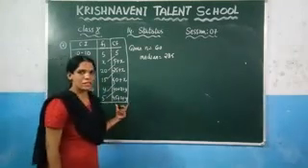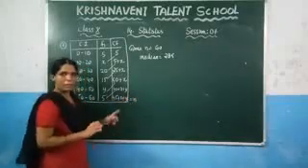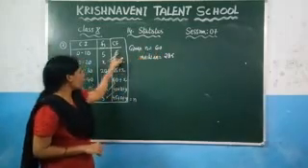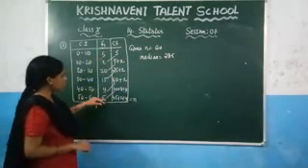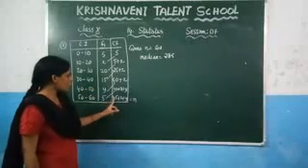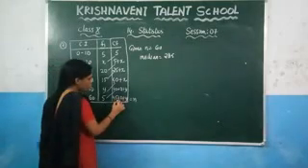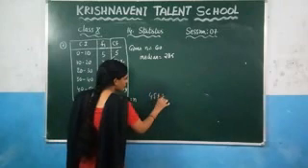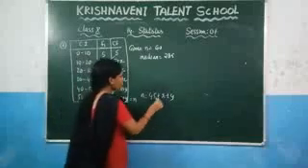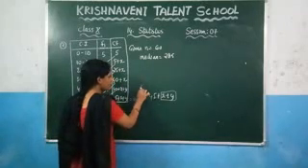But what is this last value? It is nothing but the number of observations, n. In the question they have already given the n value as 60. So after adding all these values, you have to get the result as 60. But after adding all these values you got 45 plus x plus y is equal to n. That means you need to know the values of x and y such that if you add all these values you get 60.